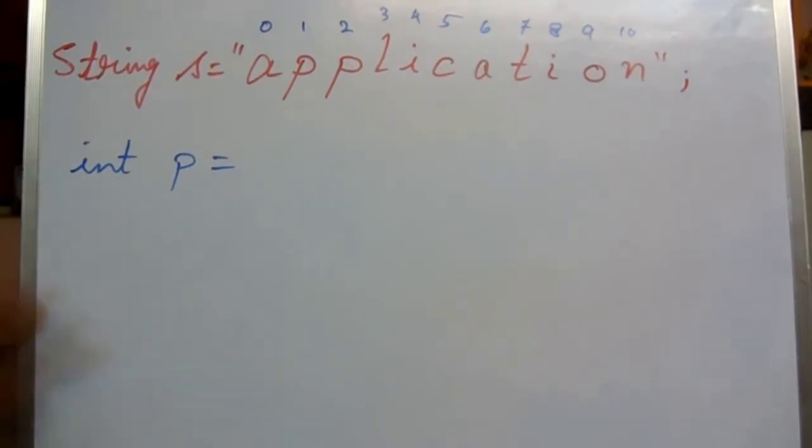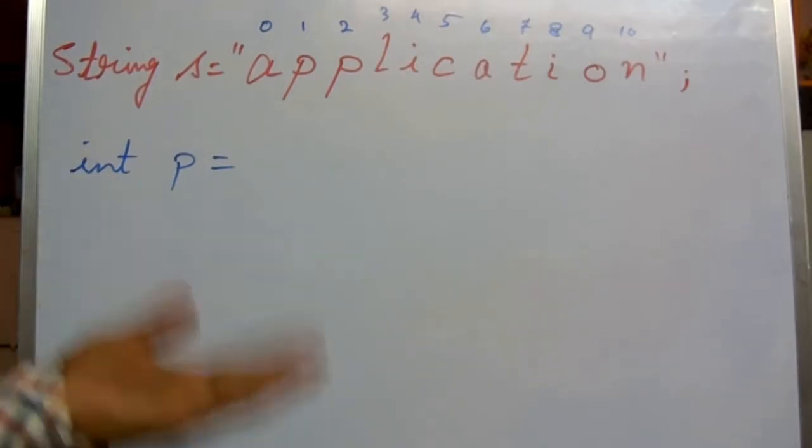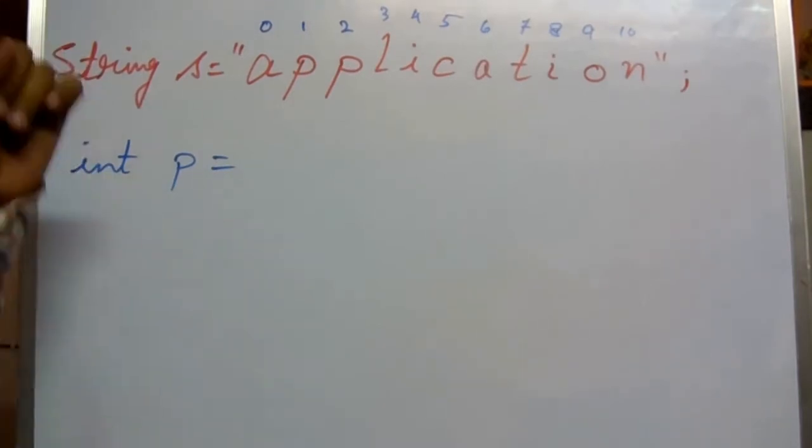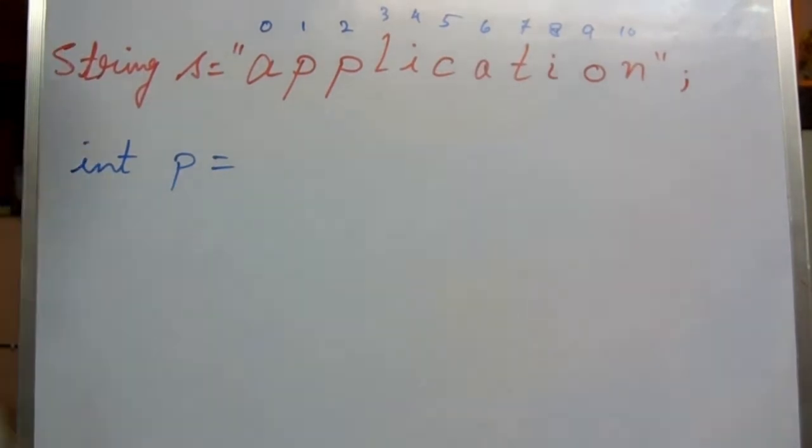If there is one character, obviously it will take that only one, either first or last, it doesn't matter. But if there is more than one particular character present in a string, and you want to extract the last occurrence of that particular character, then you have to apply the lastIndexOf operator.